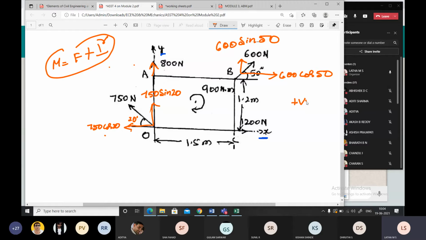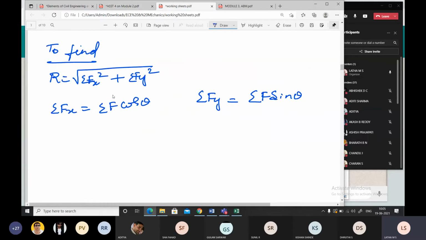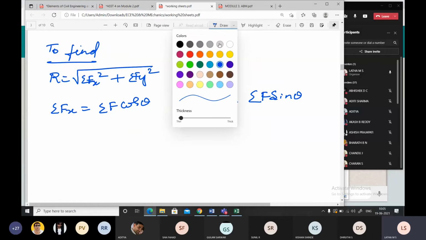So it is a positive moment. Then you may ask, ma'am, where should I take it? I'll tell you where you should take it. Now we'll go ahead with this calculation, students. Till this point you understood. I think that data was missing, so you were confused. Okay, clear. I will make it clear.